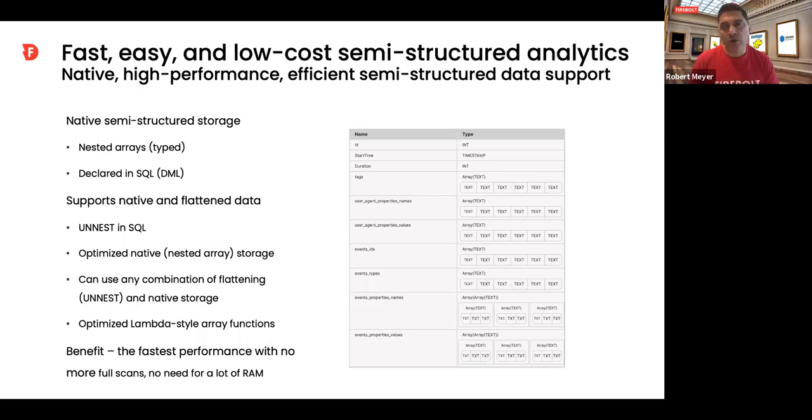So now within your SQL, you can write lambda style array functions, which if you're familiar with these kinds of functions, we've gotten used to over time with JSON. And write that directly into your SQL, any combination of indexed queries across columns where you flatten some of the JSON and native JSON.